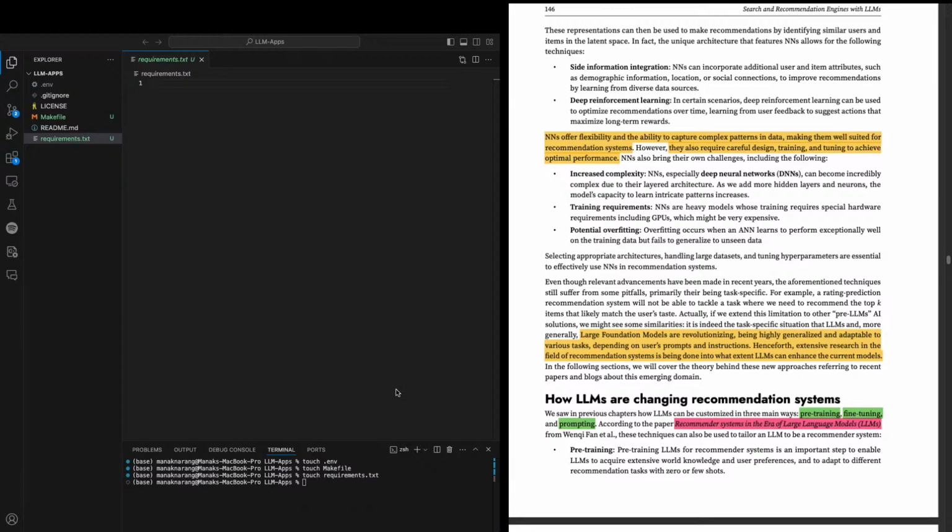I might buy a dollar or two worth of Claude credits. I want to try this. Sorry, Anthropic, I'm going to try Claude. LLMs can do pre-training, fine-tuning, prompting.